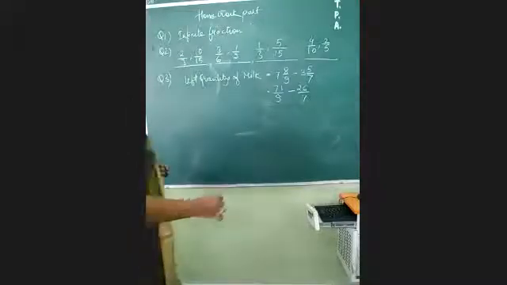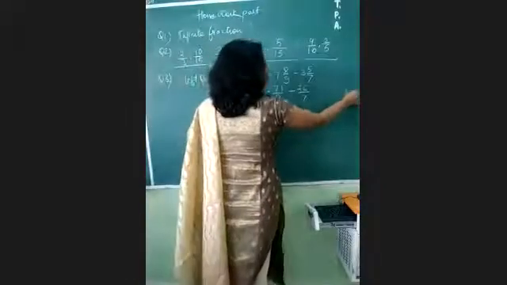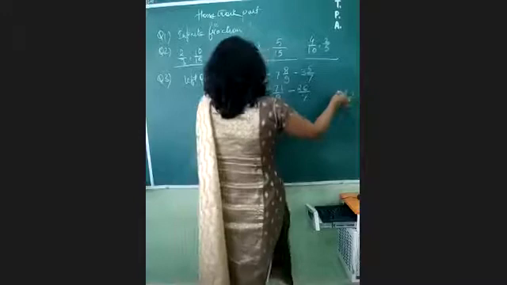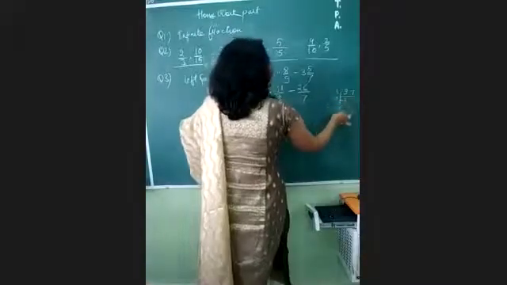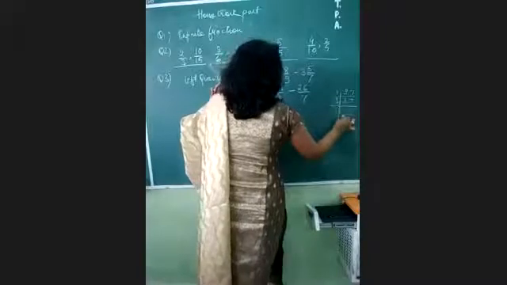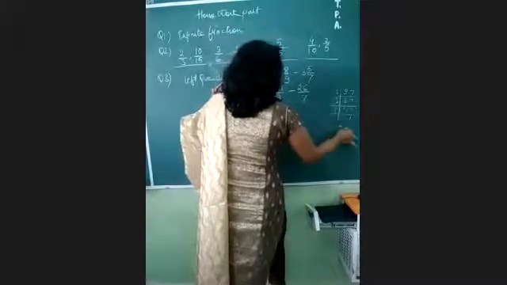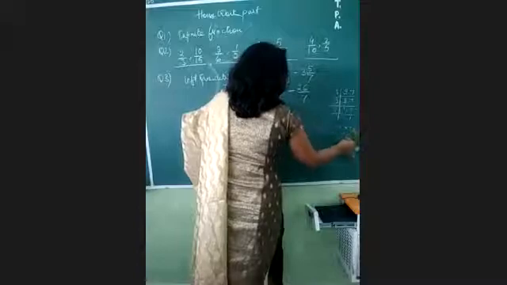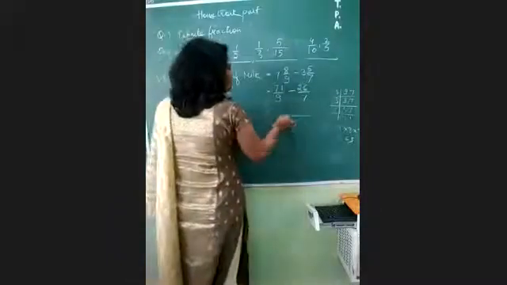Now we will have the LCM of 7 and 9. When you do it, 3 3s are 9, 3 1s are 3, and here 7 comes, here 7 cancels with 7. So the LCM would be 3 into 7, which will give you 63. LCM would be 63. So when you solve this one, here it will give you 63.